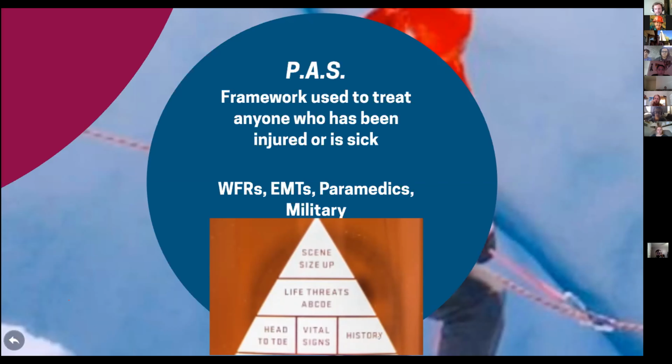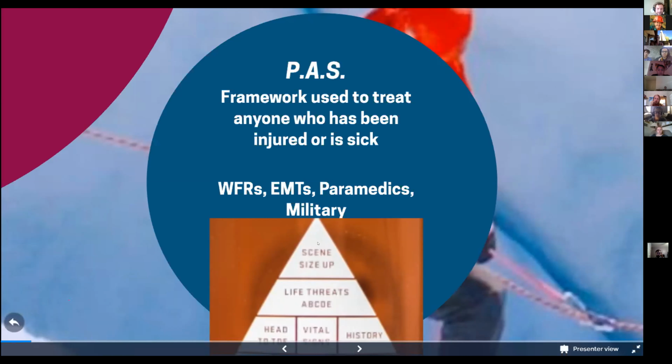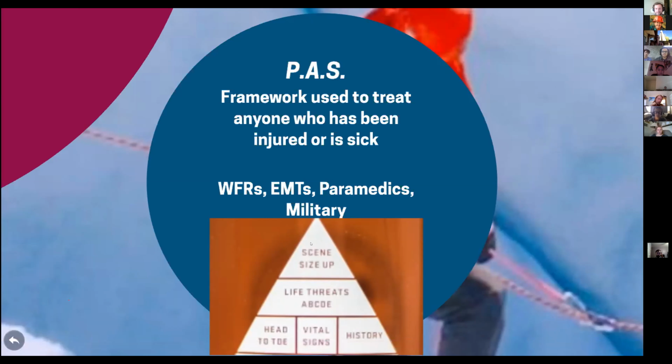And this is a visual aid here at the bottom, this triangle. This is the patient assessment triangle. At the top, we're going to start, so we have the scene size up. And then we move into our primary assessment where we identify and treat life threats. So today we're going to focus on the scene size up and the primary assessment. And then in future sessions, we can go through the secondary assessment.